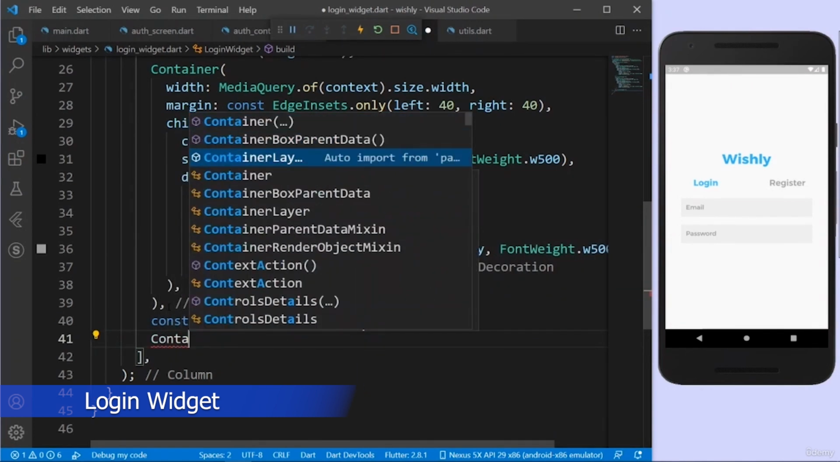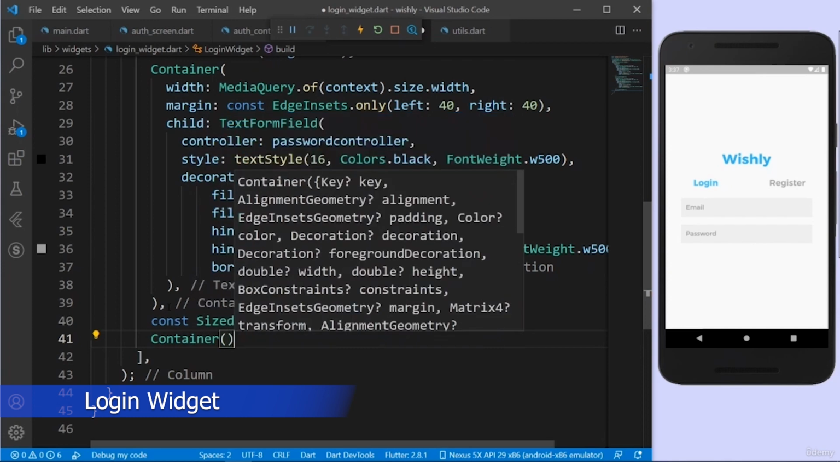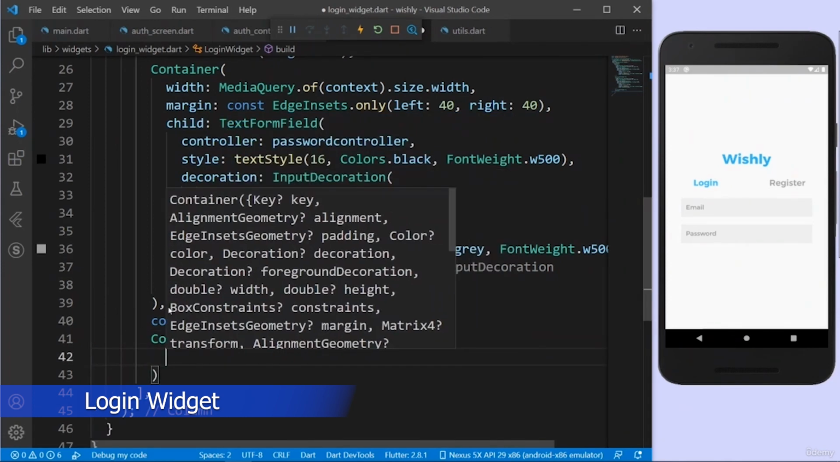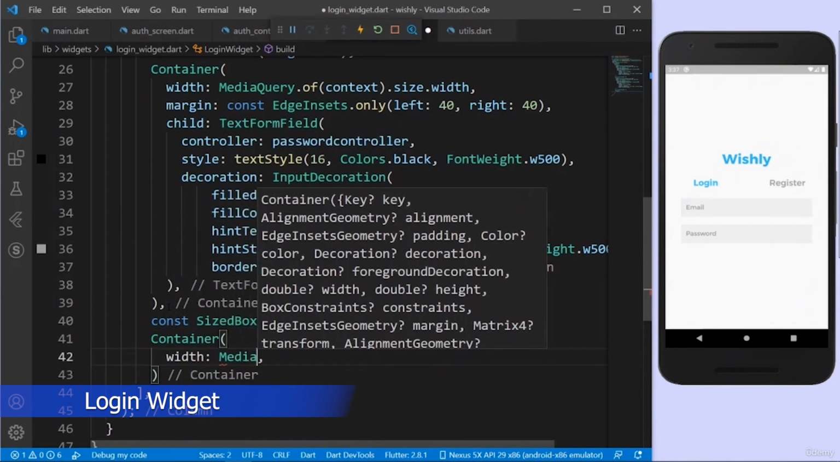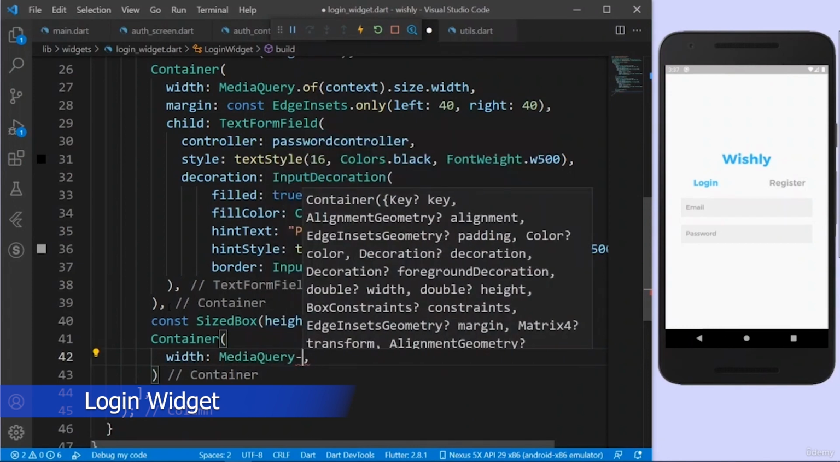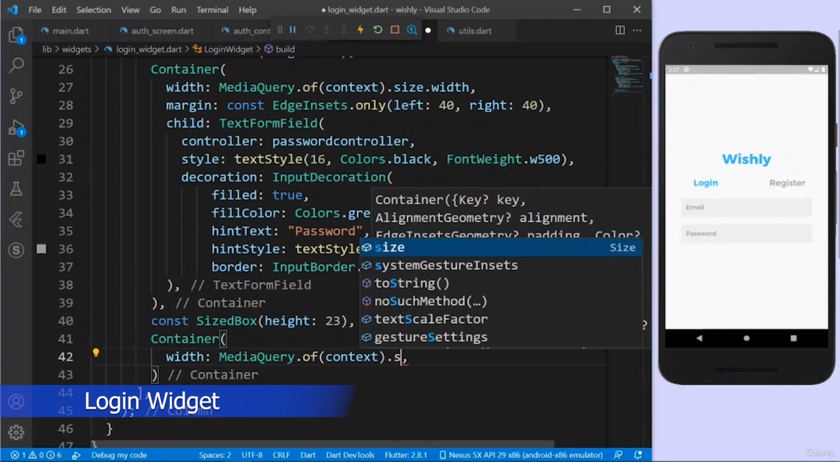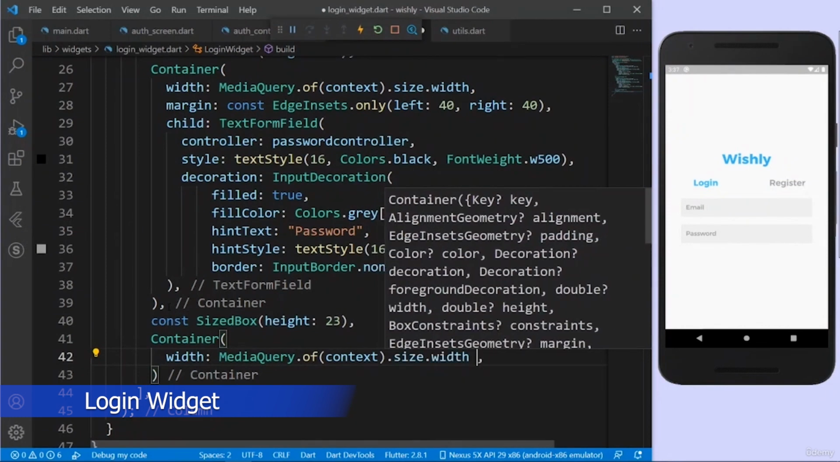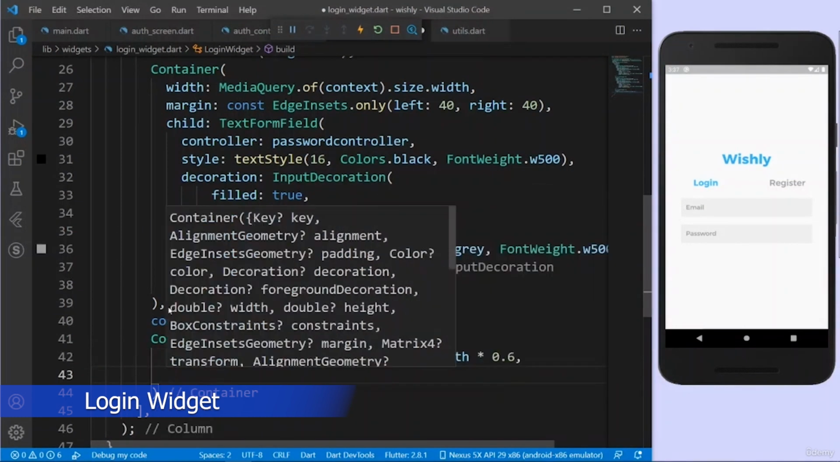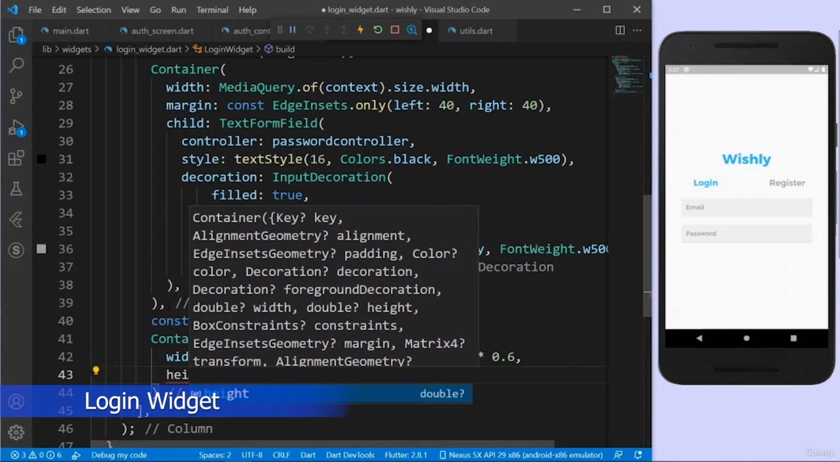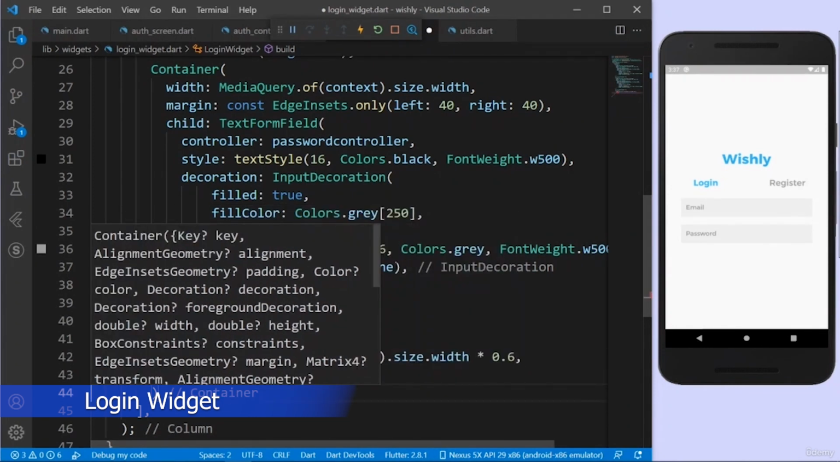And because I want to decorate this whole button, that's why I'm saying container with a width. So the width is, take the whole width and multiply it by 0.6. That means take 60% of the whole width dynamically, because I want some responsiveness. So take 60% of the whole width, and the height of this is going to be 45 pixels,